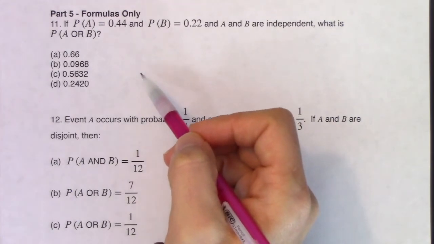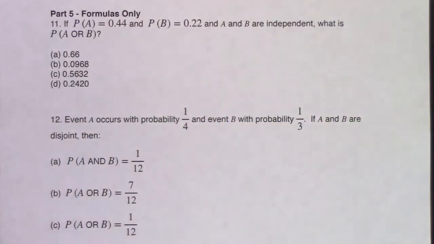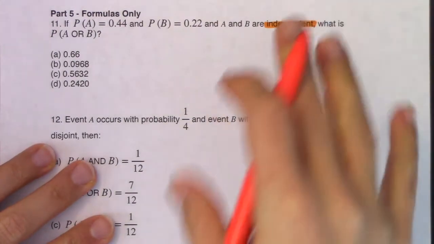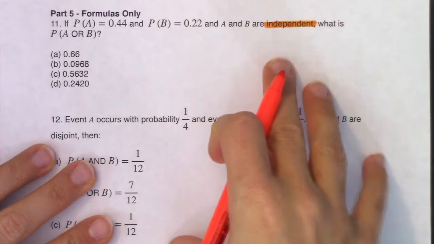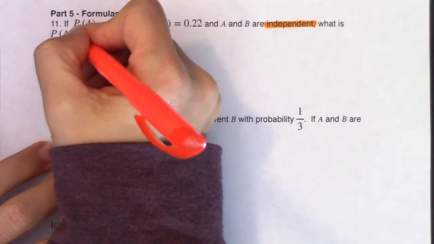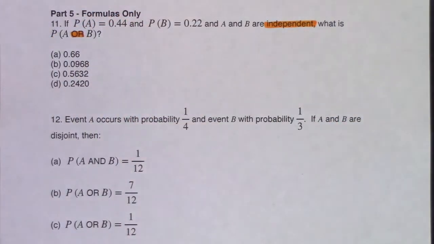So we got a lot in there, but one of the buzzwords I'm noticing is independent. So I am told they are independent. These events are independent, which means I can use formula 3 or 4 at will. All right, so that I'm okay with. And then I see also they want an OR, okay? So let me write down what I know, and then we'll get to what's being asked of us.